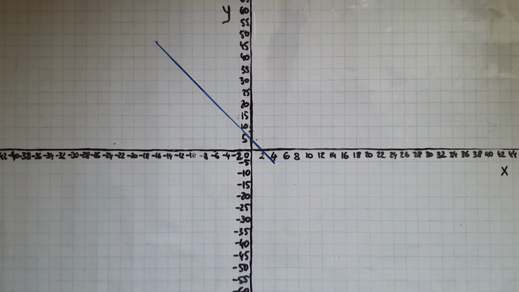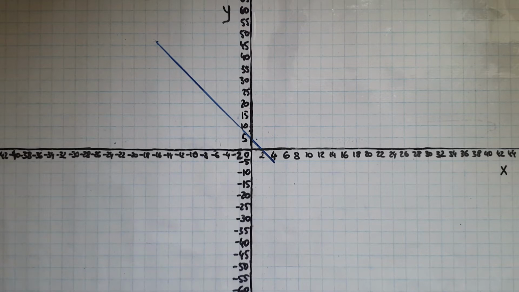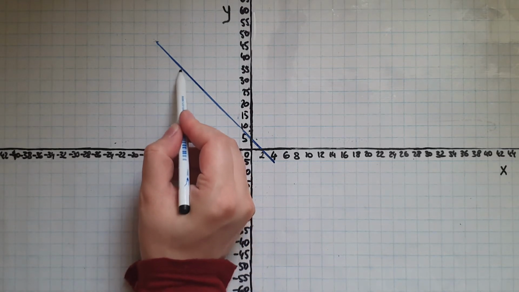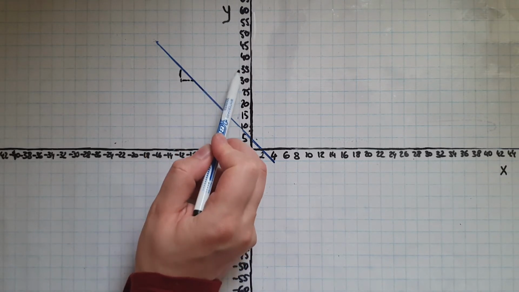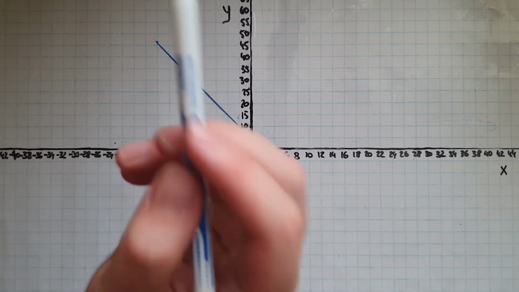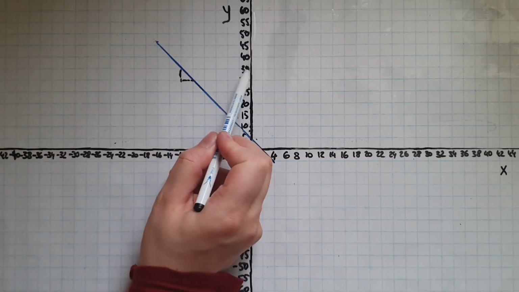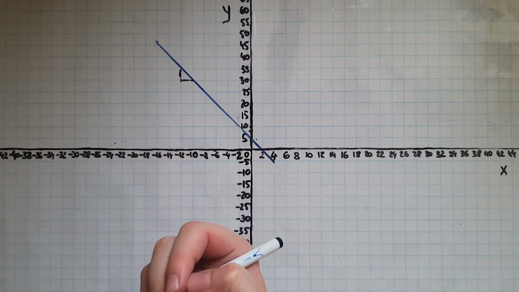Here is another example. So we'll try and work out the gradient. So we'll go and create a triangle. So rise is, or drop in this particular case, because it's going downwards. So that is from 35 going to 30. So that's -5